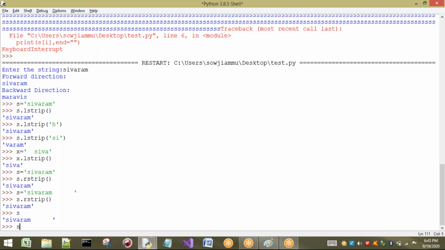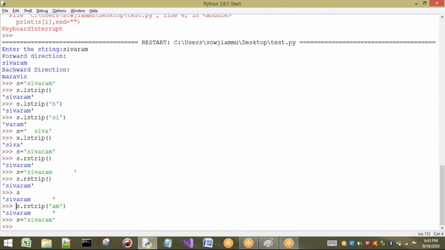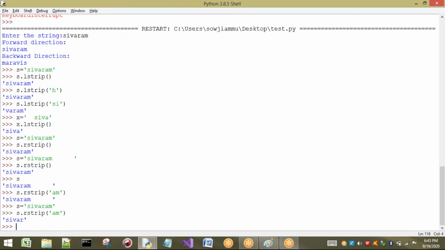So anyway, now I want to perform rstrip of, listen carefully to this concept, rstrip of AM. What happens? You can observe clearly. It is not going to remove anything. The reason is that some spaces are there on the left side. If AM is directly there, it will remove, but after some spaces AM is there, so it will not remove. So again I will consider the same example, remove these spaces, and apply the same thing here. Now observe what happens. AM is removed.